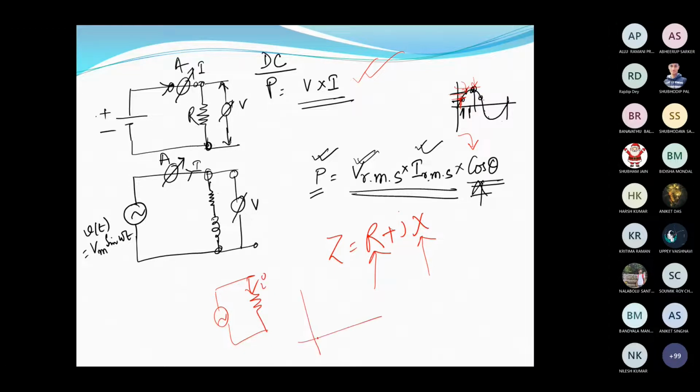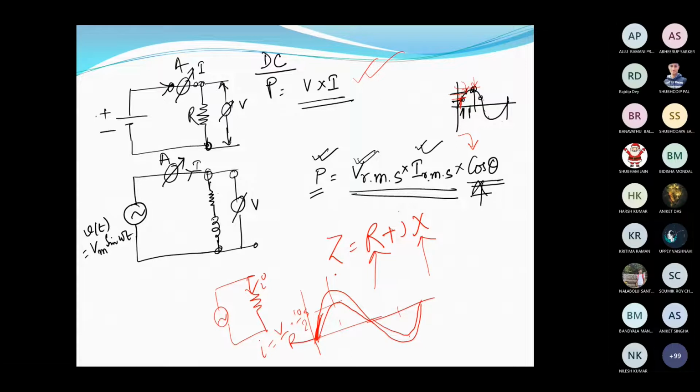At that time, if this is the voltage equation, if this is the voltage, the current value will also be like this. Why? Because you know very well that V by R is the current. So if my V is 10 and the resistance is 2 units, then the maximum value of the current will be 5, like this.